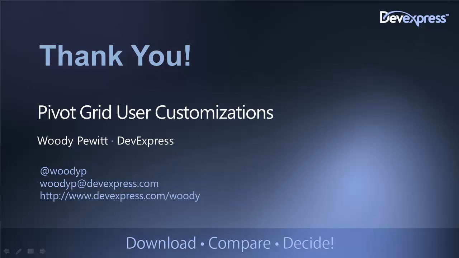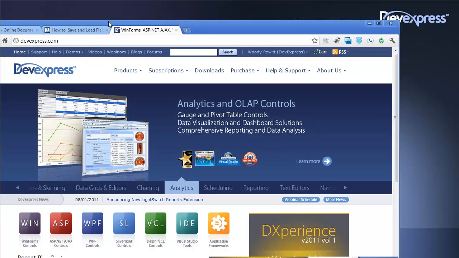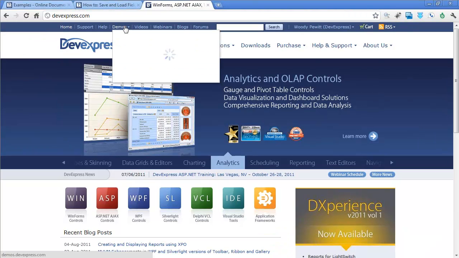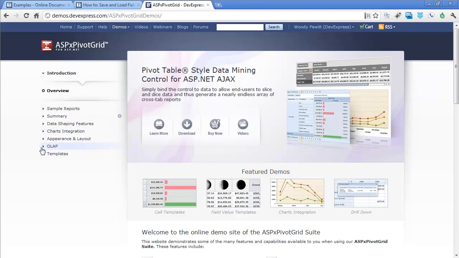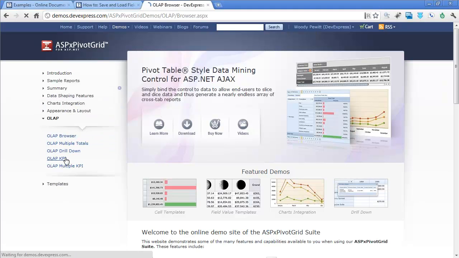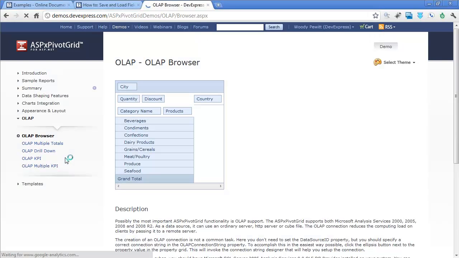bring up some resources. So here is our website, and under demos, and this is my bad because these demos are so easy. I tend to point to these demos more than anything, but here under ASP, you can see we've got the Pivot Grid Suite demos, and there's all sorts of different categories here. But one of the best ones is this OLAP browser capabilities,